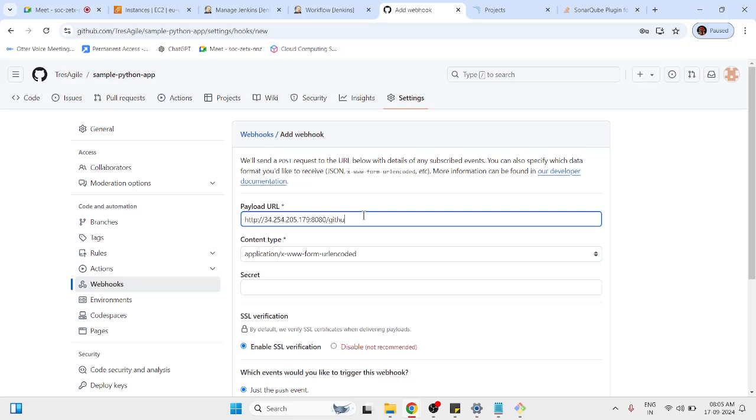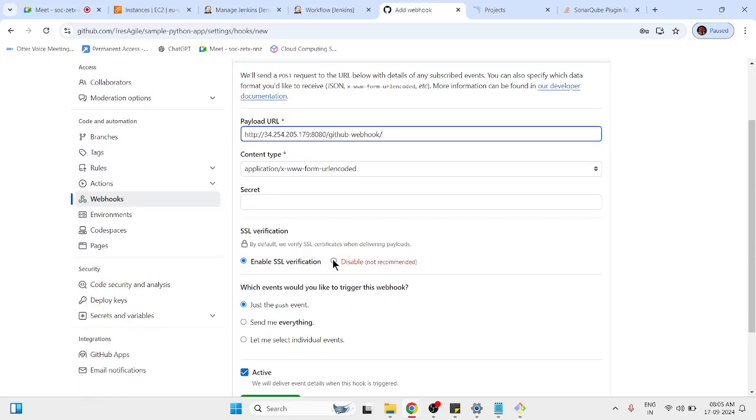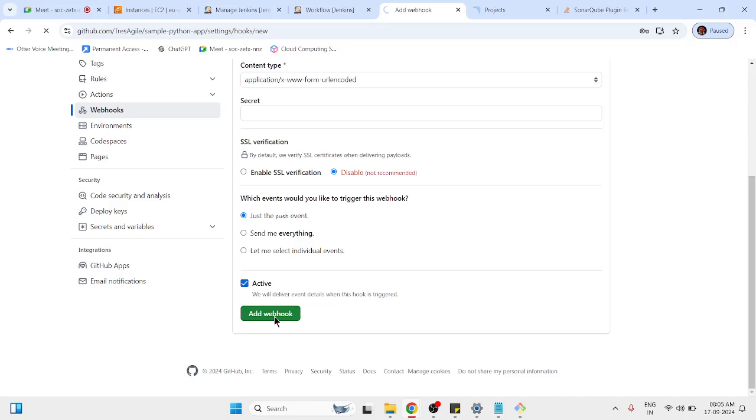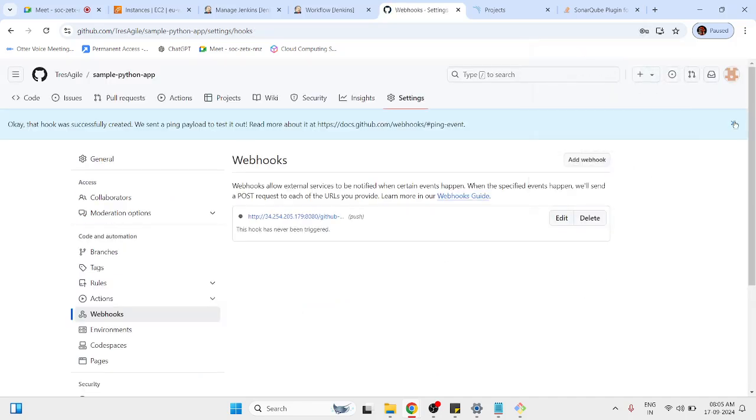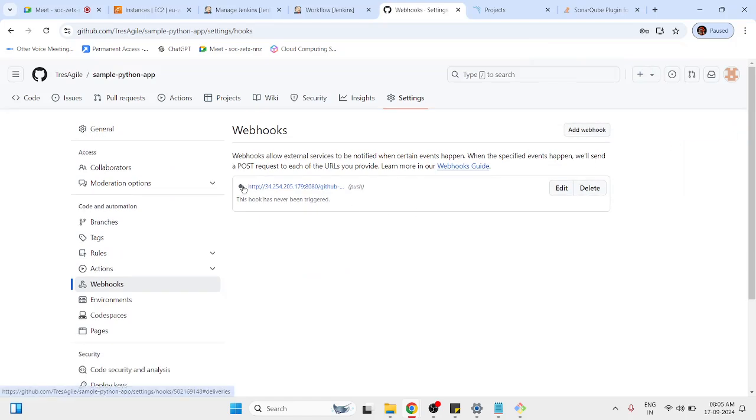Yes, and just the push event. Okay, push event is fine. But in fact, add a webhook. First thing, it will send a test request, and it will give the tick mark for us whether it is connecting. It's connected. Now, what we have to do